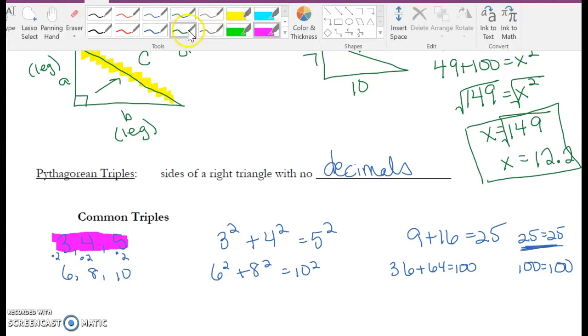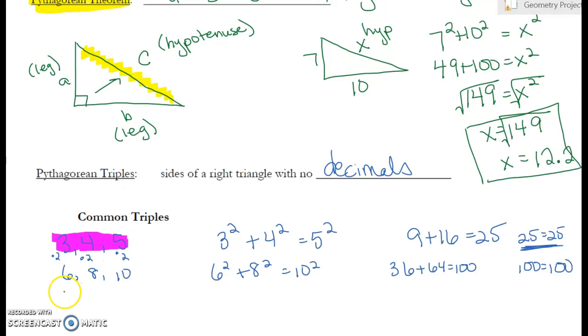Some people will recognize it and do it right away. Some people may not recognize it. But if you can recognize it, that's awesome. All right, another common one. Go to another set,